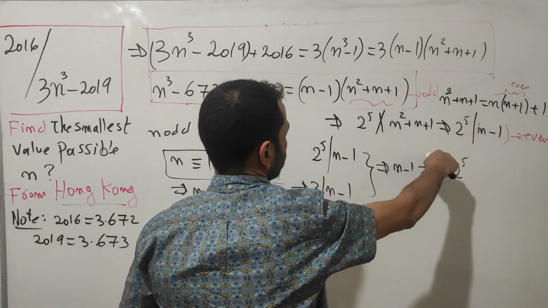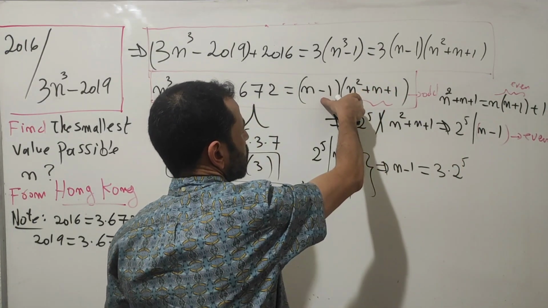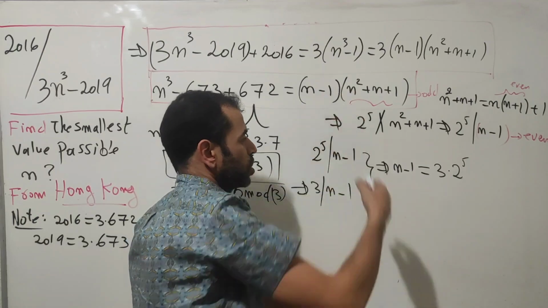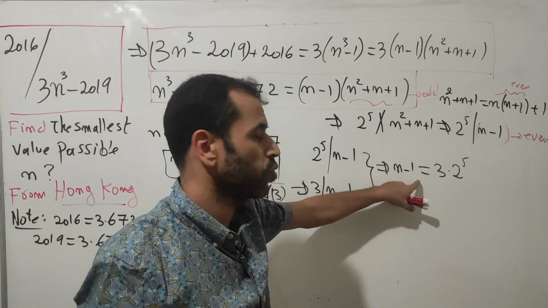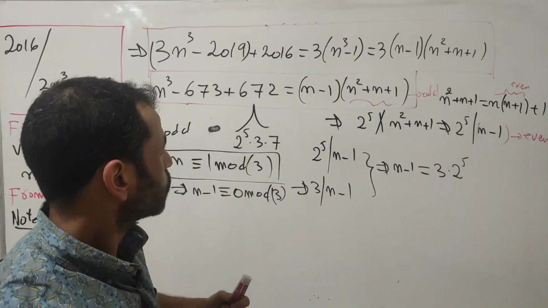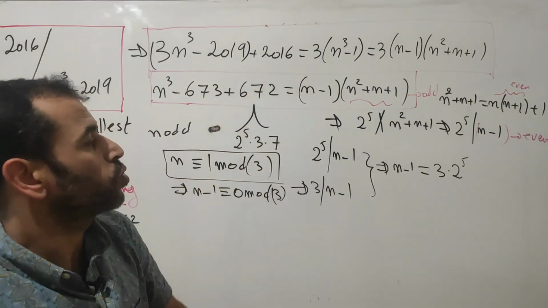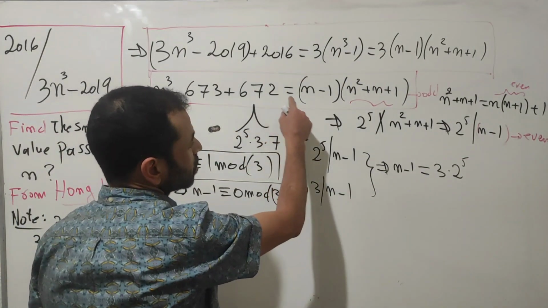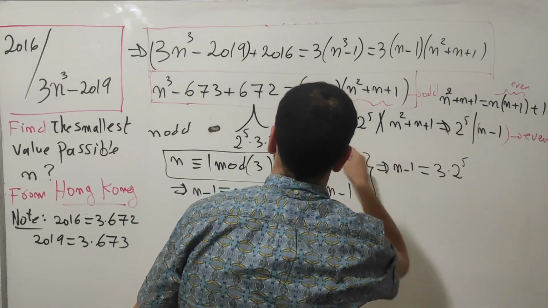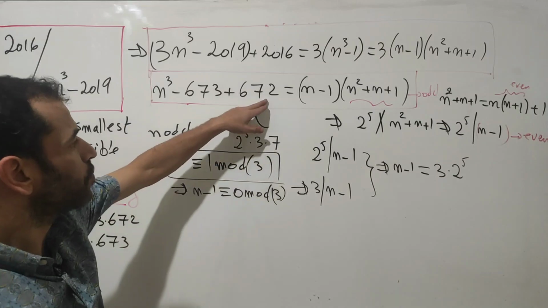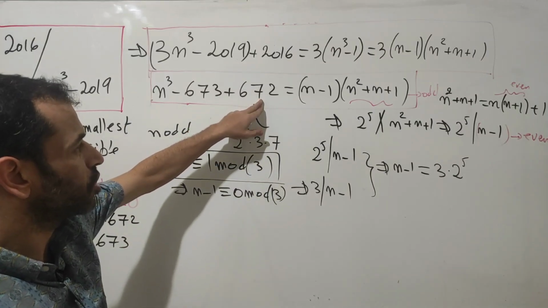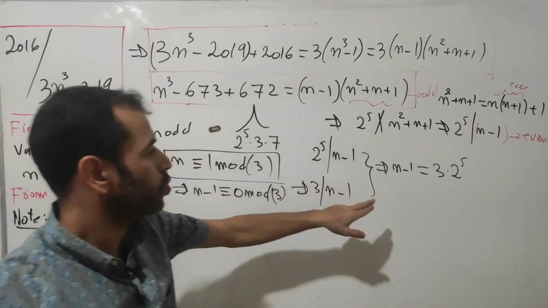As we determined before, the number 3 was not a GCD of these two terms, which means it immediately goes to n minus 1 only. Which means the number 7 is not going to be in this one. Why? Because if 7 as a single integer is going to be here,